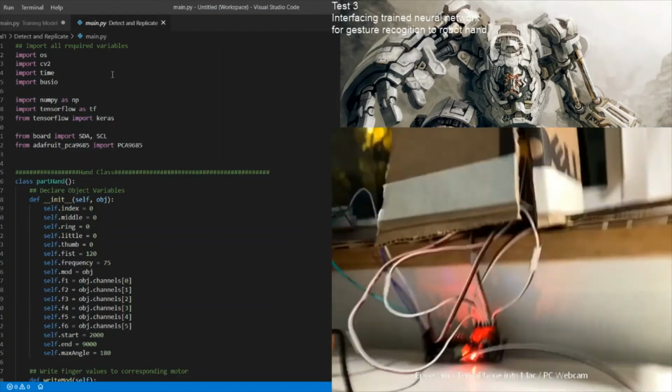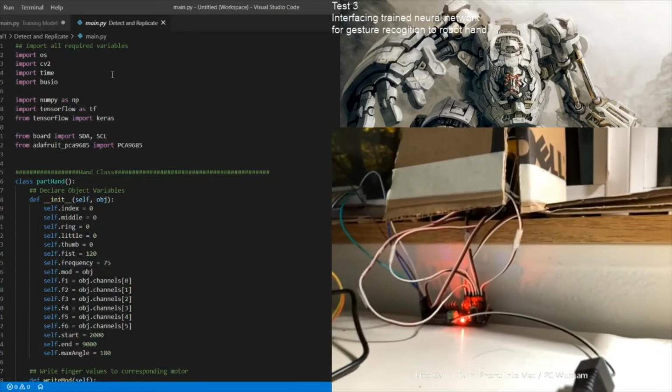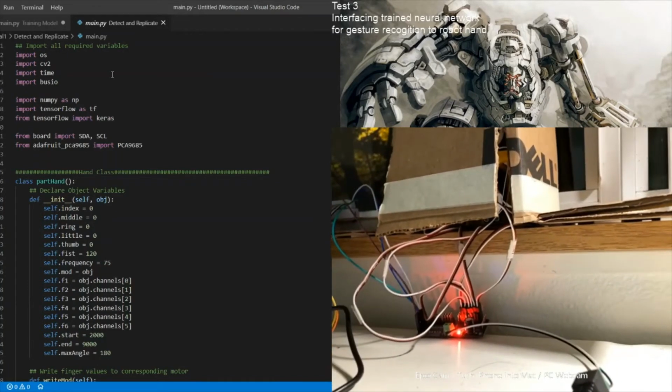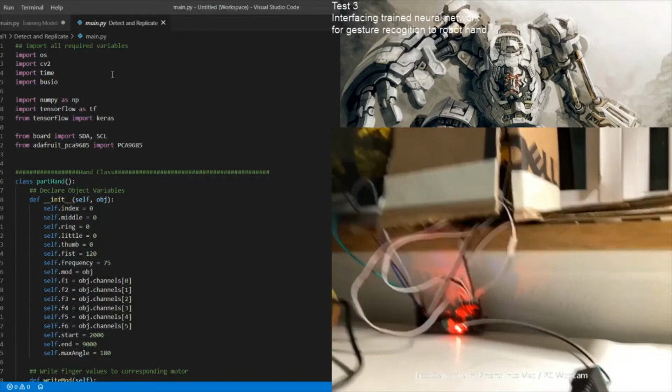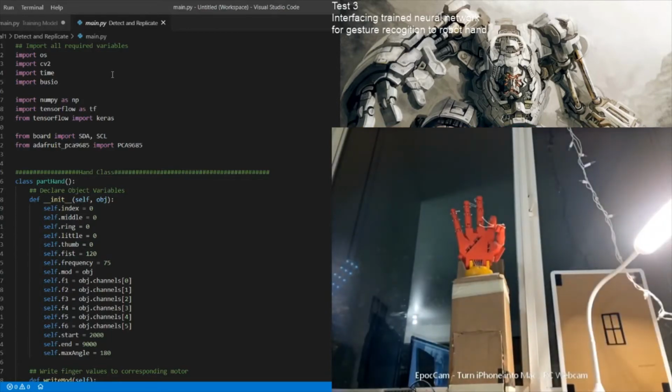I'm using this because these are servo motors and require a frequency to be controlled, and Raspberry Pi doesn't have enough frequency ports to control each individual motor, and it might even damage the Raspberry Pi. That's why I'm using this here. This PCA module requires I2C communication with a Raspberry Pi, so we'll be setting that up here.